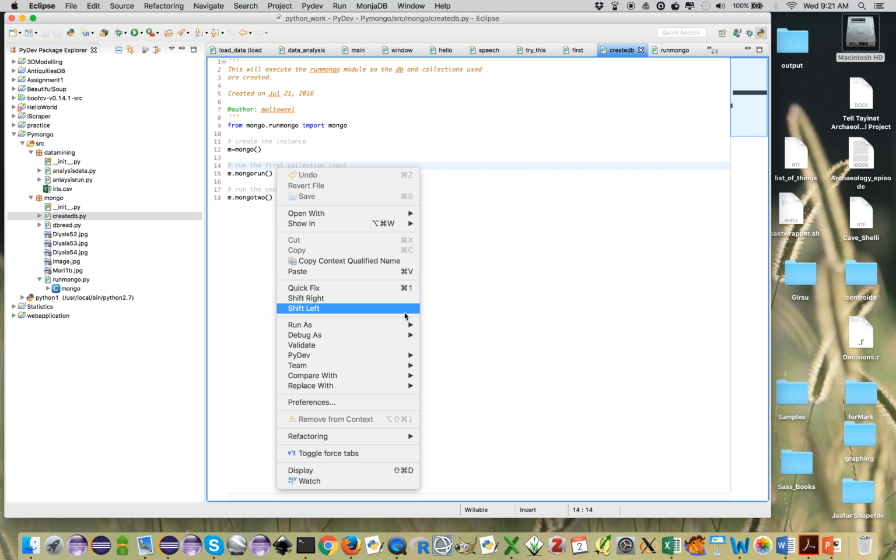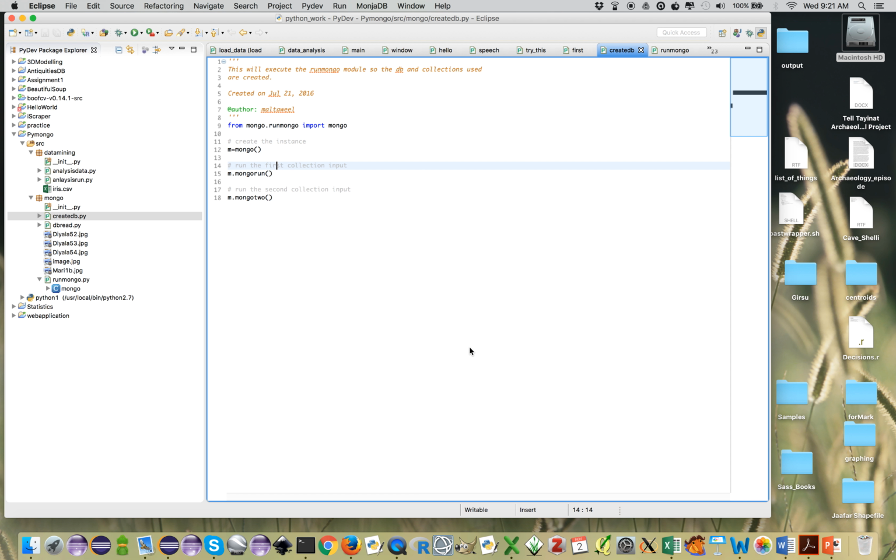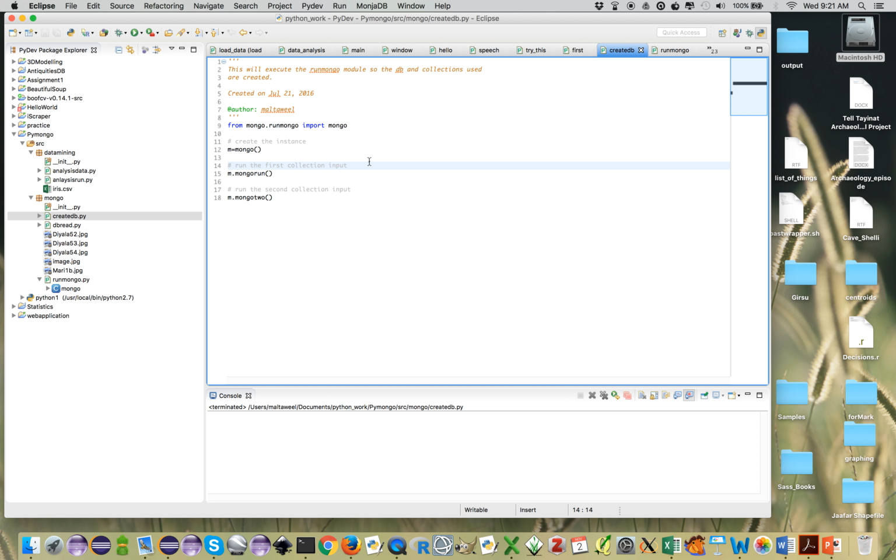So if I right click and press run as, we should then get the Python run. So it runs. Nothing really happens. It's basically just inserted the data. But now we're going to go ahead and see what that data actually looks